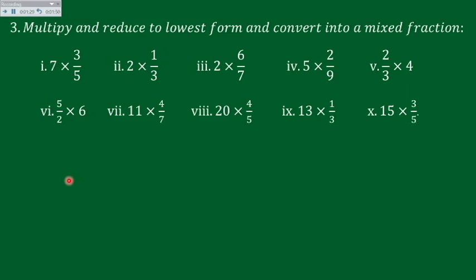See, in this question it has been written, multiply and reduce. First we'll multiply, then we will reduce to the lowest form. Okay, so we will follow this. First we'll multiply, then afterward we will reduce it. And here beta, these questions are similar to each other, so I am not going to solve all the questions. Whatever questions are left, you have to try at home.